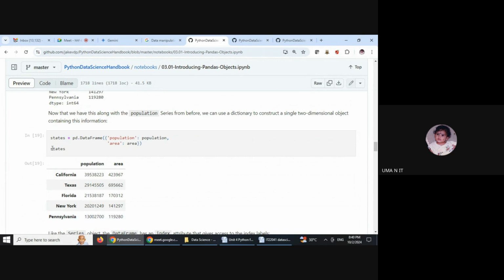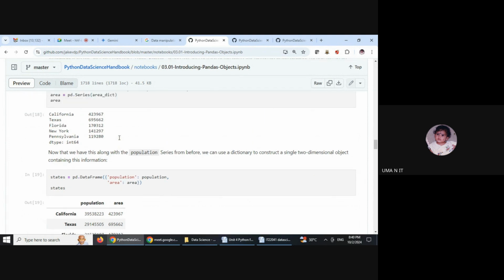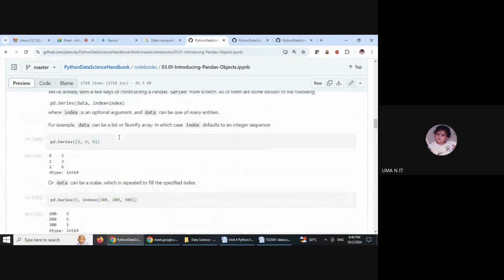So that's how we create a two dimensional array, states, which is pandas dot DataFrame. The first column will be population, and the second column will be area. Population is something which we created as a series.